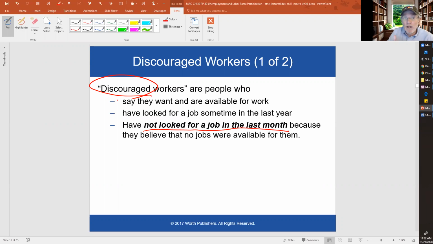They're easy to find if you go to the government's website, but most people aren't going to do that. The unemployment rate that you're going to hear about, sometimes called the headline unemployment rate, and also the official unemployment rate, is the one that we have been dealing with. And with that unemployment rate, discouraged workers will not show up. Okay.